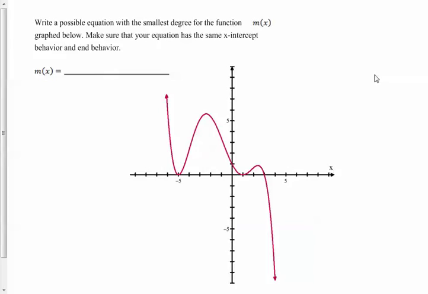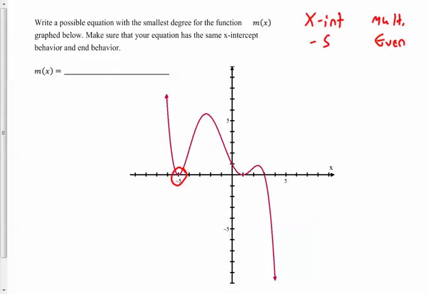In this podcast, we'll use the graph of a polynomial function to help us find the equation. First, we want to figure out what are the x-intercepts and what can we say about the multiplicity of each of those x-intercepts. It touches at -5, so -5 is an x-intercept, and it has to have even multiplicity since